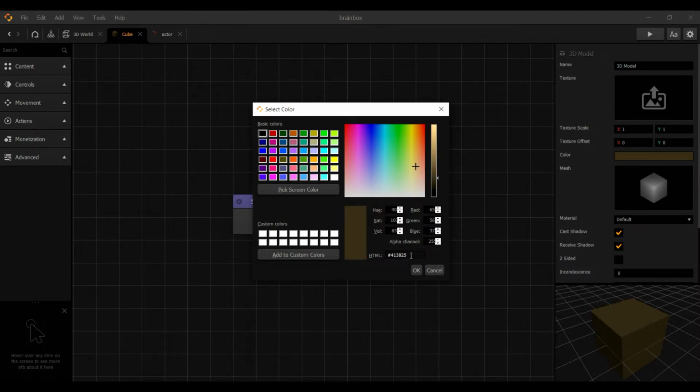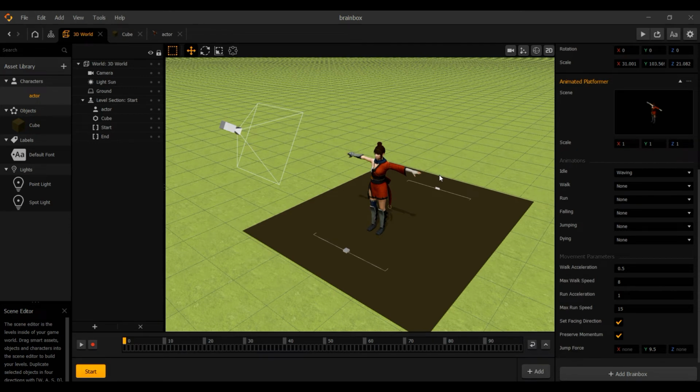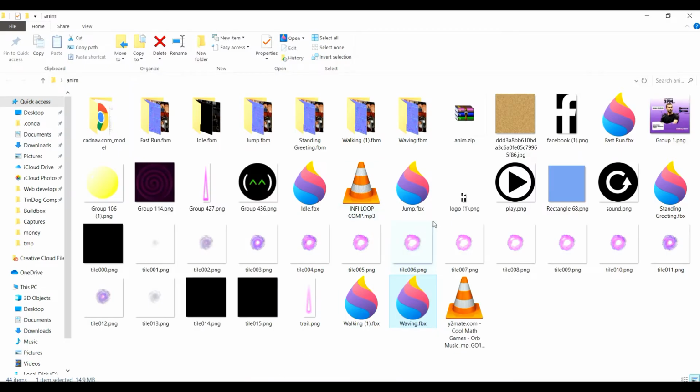Yes, this looks good. Now when you go to this 3D world, this looks better. Now you have to download a few more animations, like you can see here: walk, run, falling, jumping, dying. You can just go to Mixamo, choose your animation and download those animations. I have downloaded a few animations for the same character: fast run, standing, jump, idle, walking,